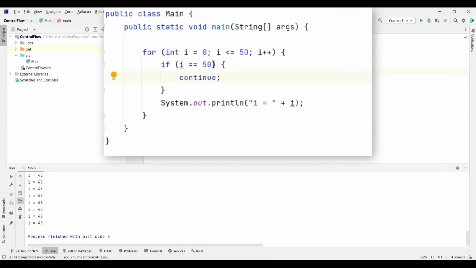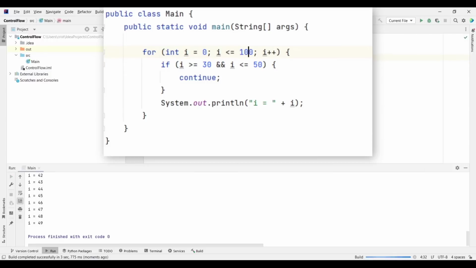So I'm going to change this condition now from i equals 50 to i greater than or equal to 30 and i less than or equal to 50. And I'm going to change this to 100.